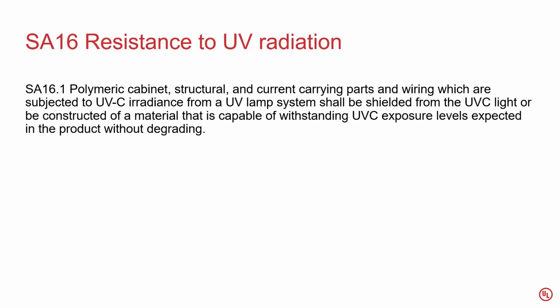And obviously you don't want water flowing in your ducts and throughout the HVAC equipment. So we're going to make sure that those non-metallic parts would also not be degraded, including any wiring associated with it, connected to your fan blades. You could have a plastic fan blade as opposed to a metallic fan blade. We do not want that UVC lamp to degrade that fan blade, which could cause it to dry out, crack, and the blades could break off and actually damage the coil, or create a leak in the refrigeration system. So it's very important that any non-metallic component within that HVAC system is not affected by that